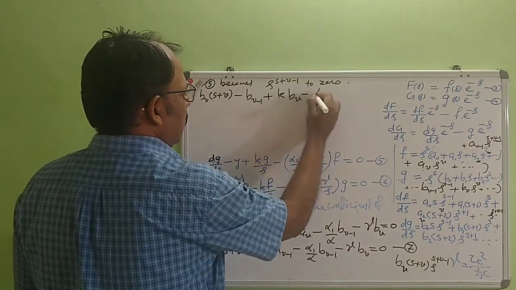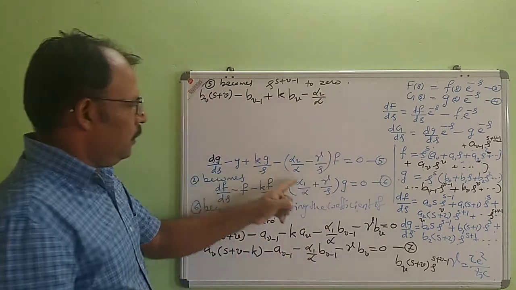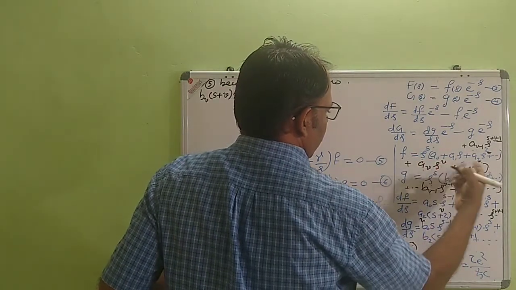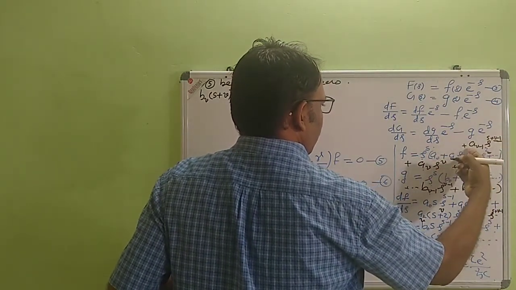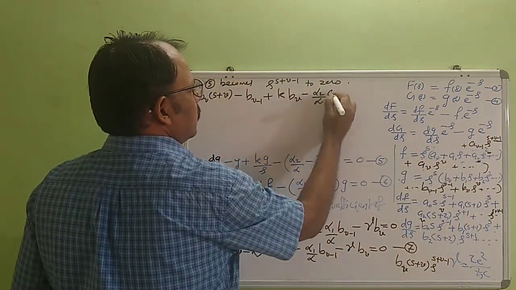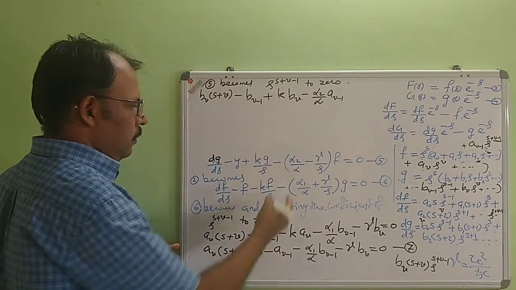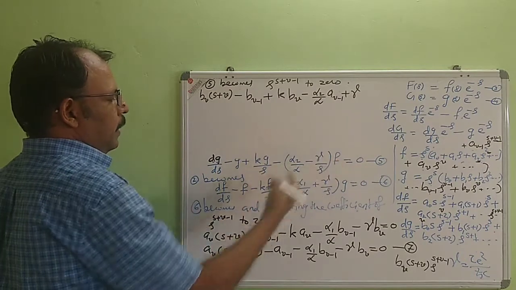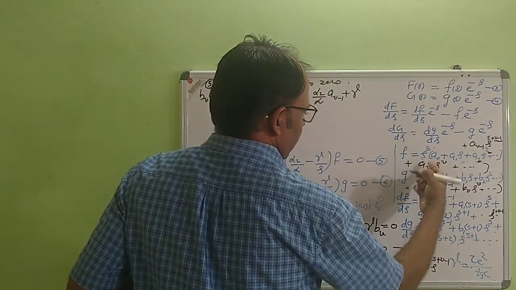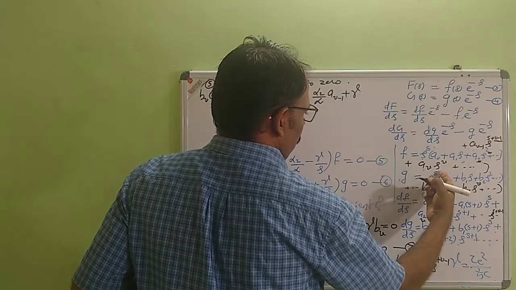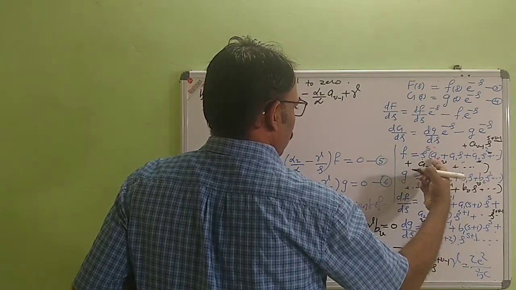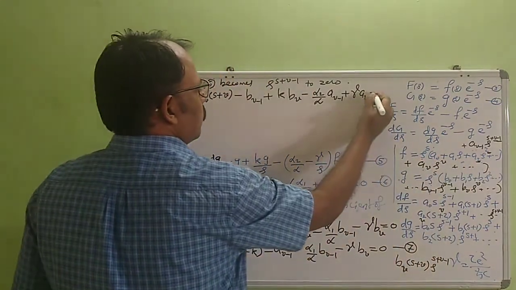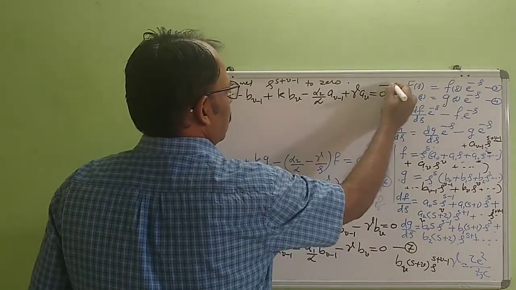Now minus alpha 2 by alpha into F. In F, the coefficient of rho raised to v, rho raised to s plus v minus 1 will be A v minus 1, so this is A v minus 1. Now minus minus plus gamma F by rho. F we are dividing by rho, so rho raised to v by rho, rho raised to v minus 1 into rho raised to s. So rho raised to s plus v minus 1, the coefficient will be A v, is equal to 0. This is equation number 8.